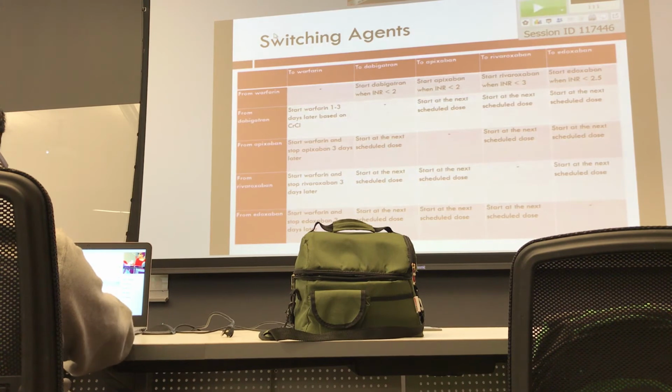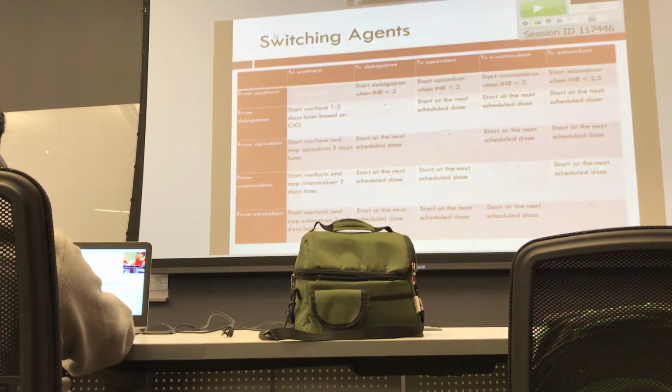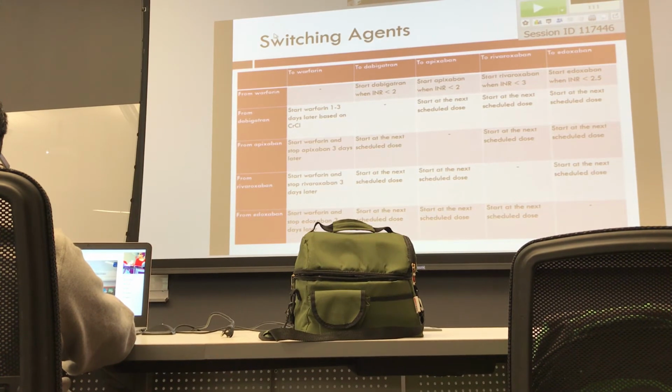Product labeling suggests stopping rivaroxaban and apixaban or edoxaban and starting warfarin in conjunction with a therapeutic dose of parenteral anticoagulant when the next dose is due, with overlapping therapy for at least 5 days and until the INR is 2 or greater. This approach may be reasonable in patients at high risk for VTE occurrence, but it is probably unnecessary for most patients with VTE.